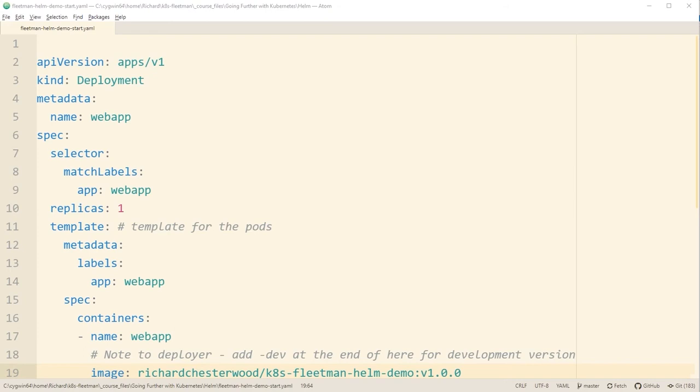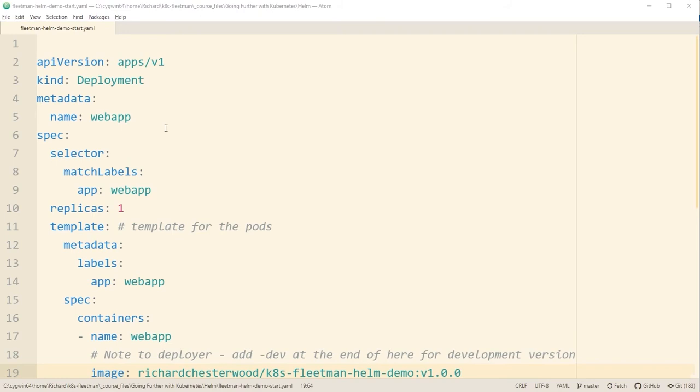And to explain that, we're going to use a cut-down version of the Fleetman application that we've been working with through this course. I've just cut this down a little bit to make it easier to run. It's a very early version of Fleetman that doesn't have any vehicles moving around. It just shows the map, but this is going to be plenty to demonstrate the fundamentals of Helm charts.